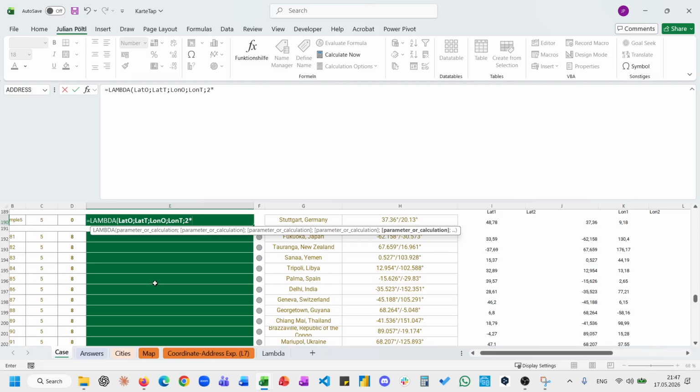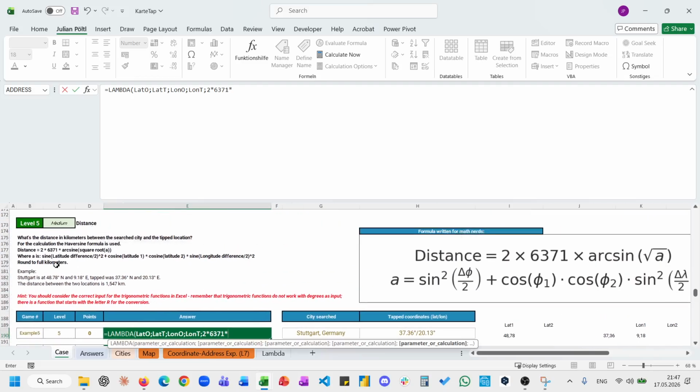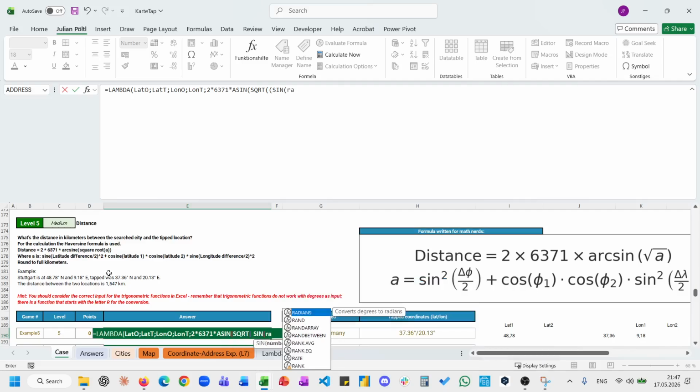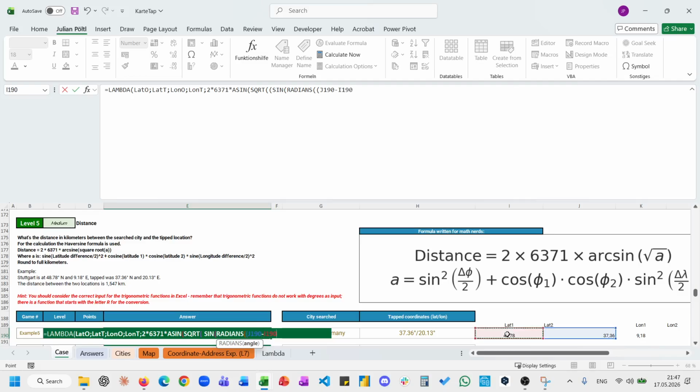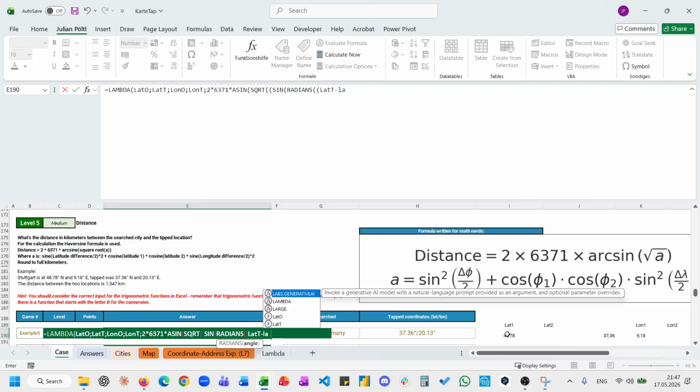In this case, 2 times 6371 times arcsine of the square root of the sine of radians of latitude 2 minus latitude 1, lat2 minus lat1 divided by 2, close bracket, close bracket, close bracket, to the power of 2,